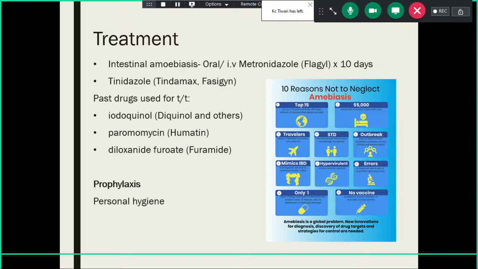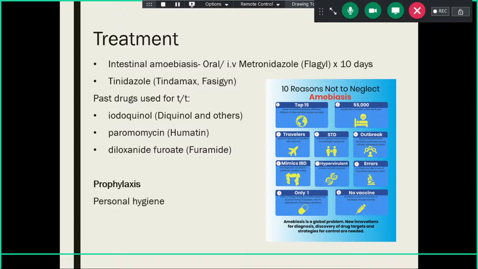Okay, then treatment of amoebiasis is an easier one and safer one nowadays. It is oral or IV metronidazole. Okay, many times oral metronidazole is preferred for cases of luminal amoebiasis, means amoebic dysentery. Okay, where the trophozoite is in lumen and your drugs will act in the lumen. But the abscess which is deep seated, like liver abscess, like splenic aspirate, which is deep aspirate, this oral metronidazole may not be accessible to that site. In those cases, IV metronidazole is more preferred, and for 10 days course it is done.